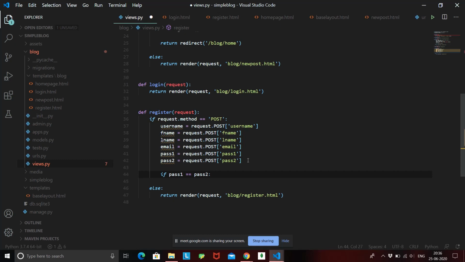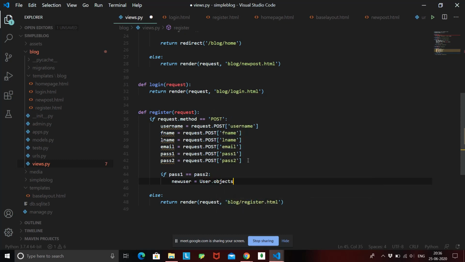We have to check if pass1 equal to pass2, then create a new object of this user class. So we'll say new user, that is the object name, equal to User, the model that we have just imported, User dot objects dot create_user. It is going to provide a method called create_user, and in this create_user we need to pass in the data that we have just retrieved.